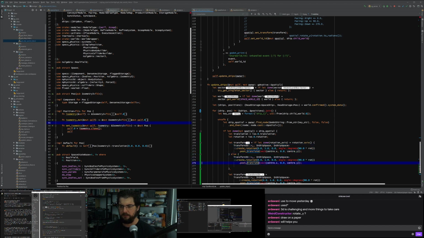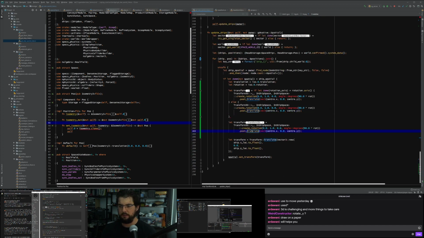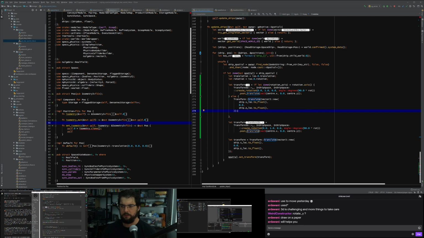So in the latter case, we only need a translation vector, so we can actually just use this. So I'm going to put that here, and we won't use the x location and the z location. I'm going to use a location from the translation here.